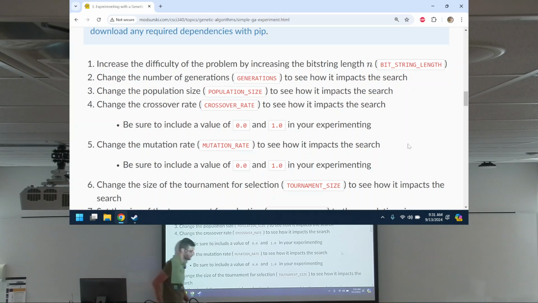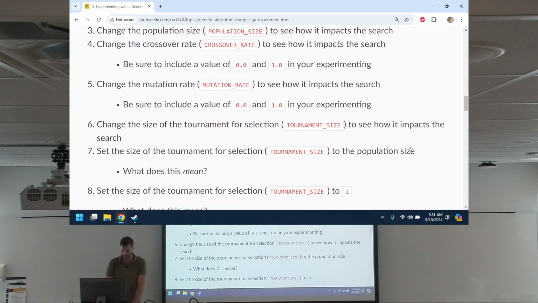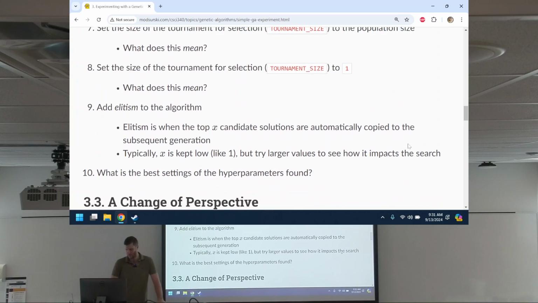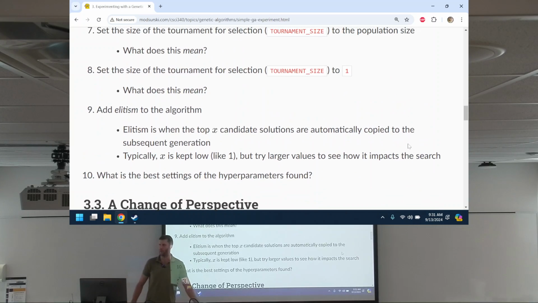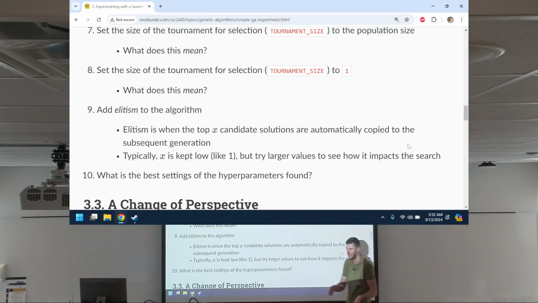Okay, so we're going to pick up where we left off last time. Last time you were just experimenting, working through these steps to get a sense of how to interact with the genetic algorithm and how changing some of those hyperparameters affects your algorithm. Now, it's always hard to tell based on one run. When you have a suite of settings, it might be important to run it a few times to get a sense of how it actually acts, because everything's random, right? You might get really lucky on one run or really unlucky. So it's important to run it a few times.